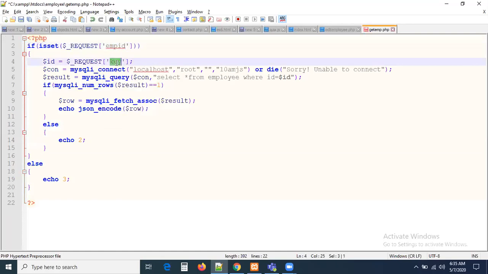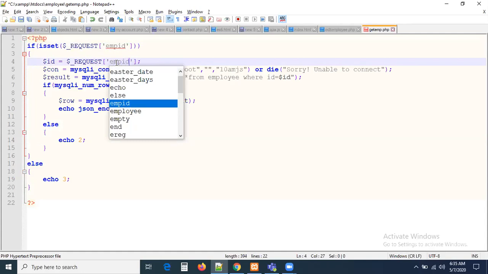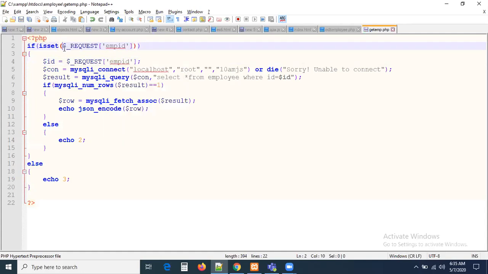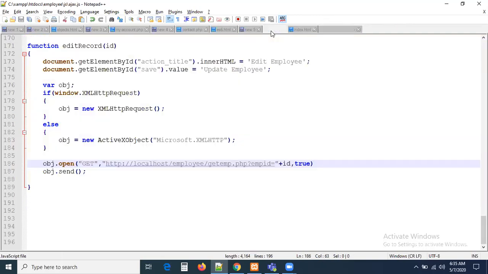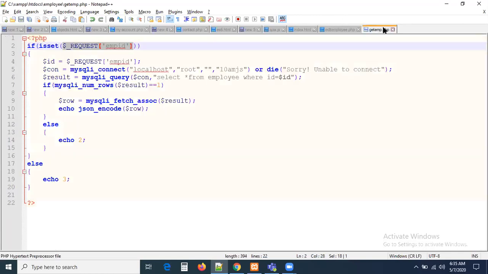And here you are getting it, this should also be EMP ID. Remember, the server side developer is getting the data based on this parameter. Whatever parameter you give, EMP ID, that EMP ID should be there, guys. If you want, you can go with the key. Yes, you can continue with the key also, no problem. That is your choice finally. So I'm going with the key only.